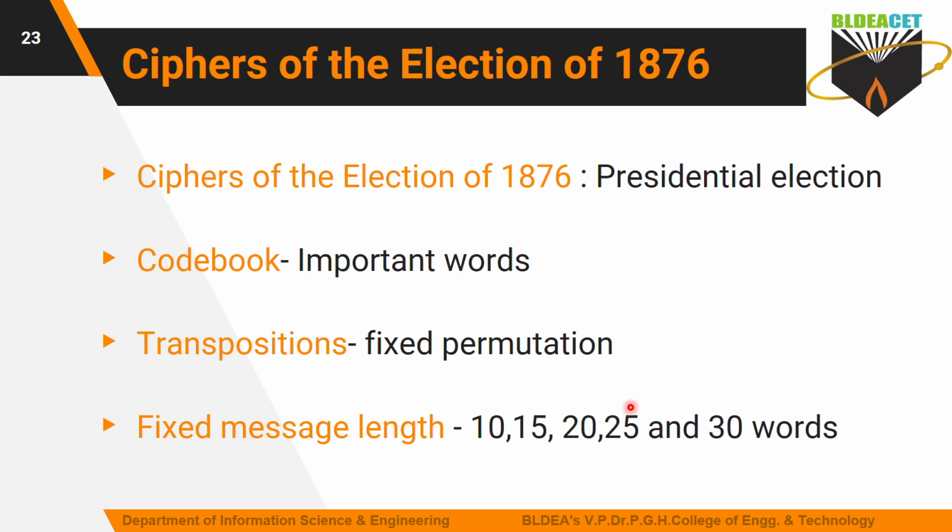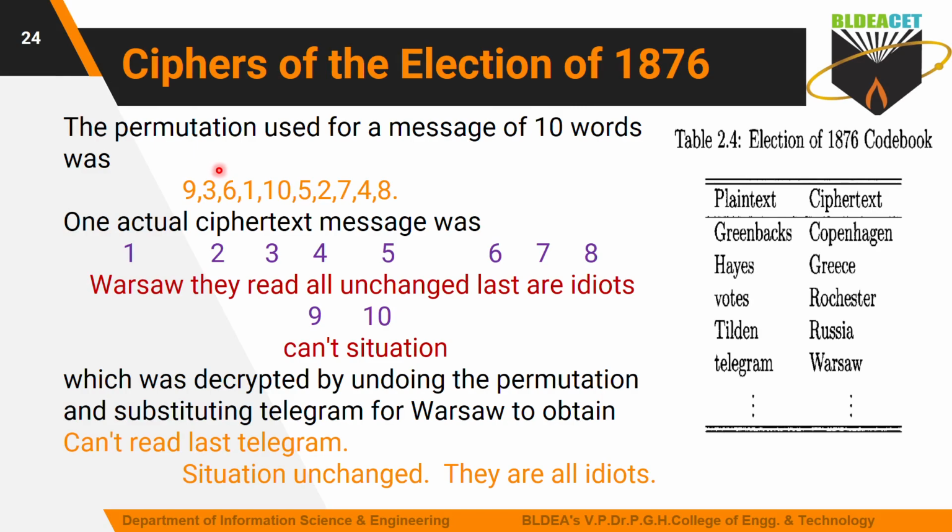Let's see how it actually works. This is one example, and here I consider a message which contains 10 words. You may have the question: not all plain texts contain the fixed length of words. In that situation, you have to do one simple thing. For example, if your message contains only 9 words, but this method works for 10 words, then you have to pad the 10th word. Only then does this particular encryption technique work.